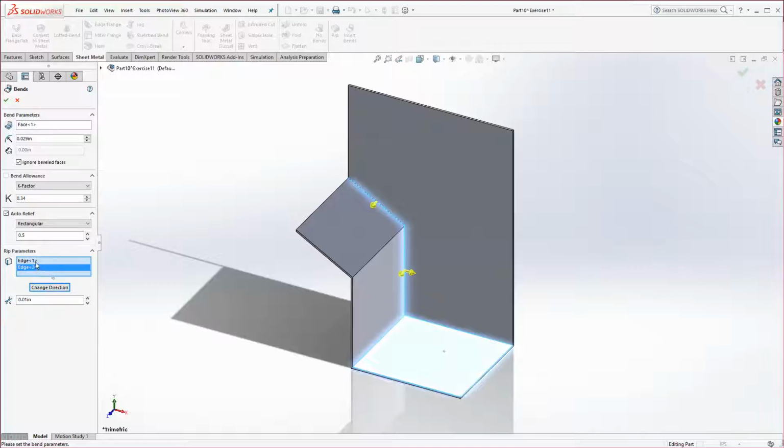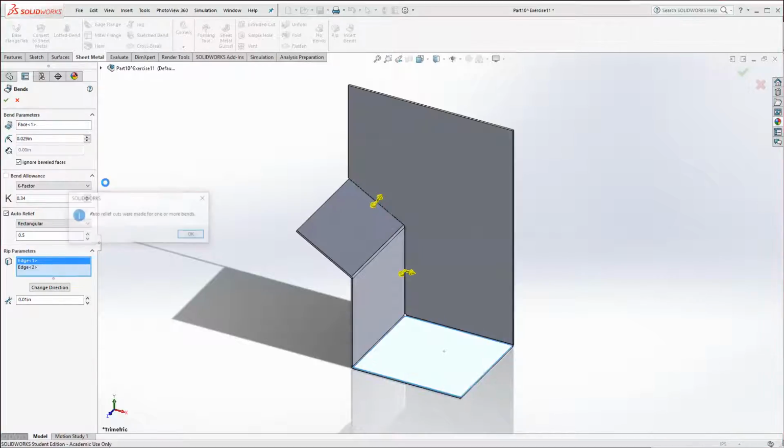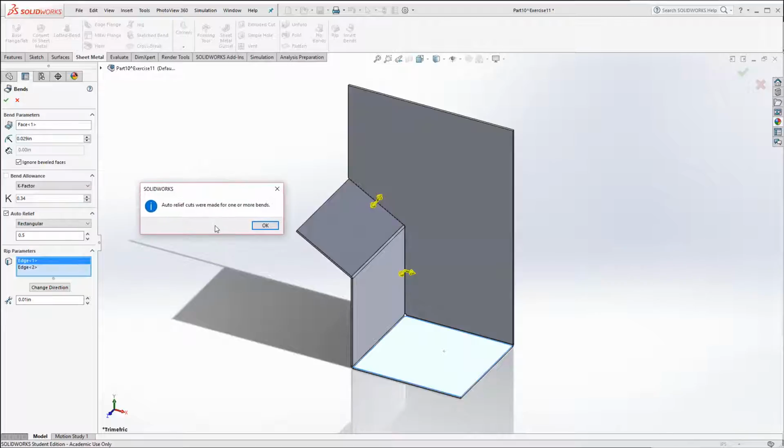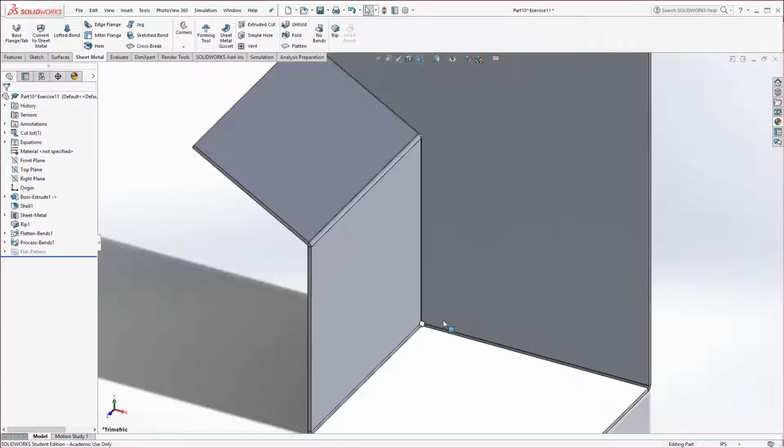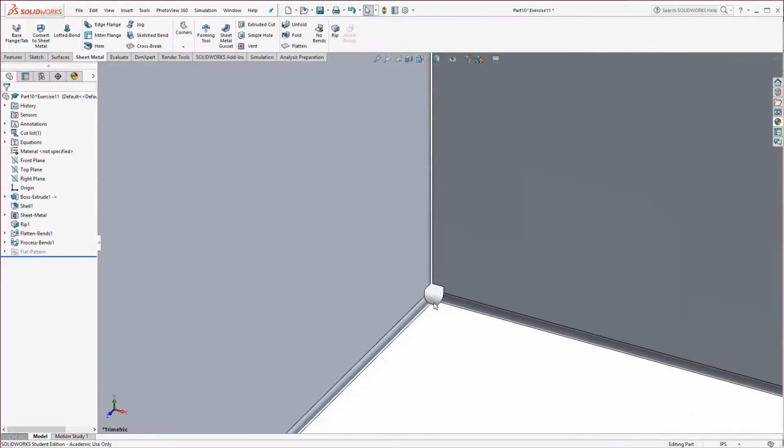I'm just going to notch it out completely. In this case, you hit change direction over here too. That works. And it's going to notch it out 10,000ths. I'm going to go ahead and hit the green check mark. Now you'll see this is not a warning. It's just letting you know auto relief cuts were made. Hit OK. The auto relief cut it had to make was in the corner here to allow it to bend